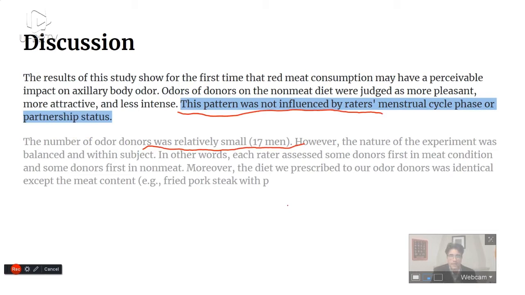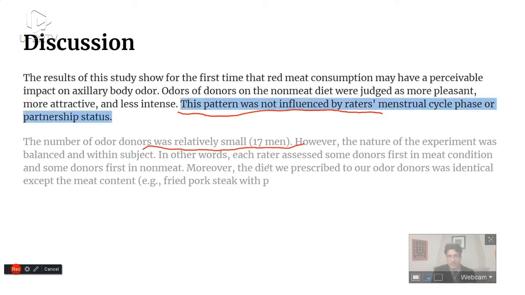And then the second sentence, the "in other words," adds to that. So they don't just stop there. They actually add their own interpretation of the point they make: okay, yeah, the sample was small, but it was balanced, and therefore the statistics do mean something. So they say, in other words, each rater assessed some donors first in the meat condition and some donors in the non-meat. And then they add more. And they say, moreover, the diet we prescribed to our odor donors was identical except the meat content, right? So they start with this move here,